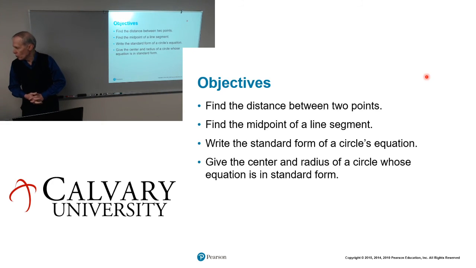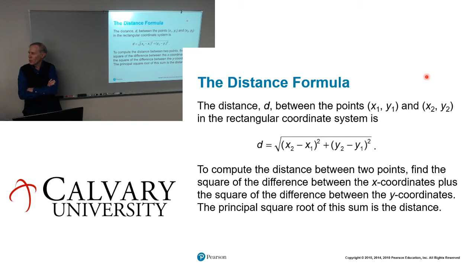All right, the distance between 2 points we'll calculate. We'll calculate the coordinates of the midpoint, and then we'll look at the special basic formulas for the equation of a circle. All right, now, as you can suspect, there's other formulas that are involved. This one is the distance formula. To compute the distance between 2 points, find the square of the difference between the x-coordinates plus the square of the difference between the y-coordinates,